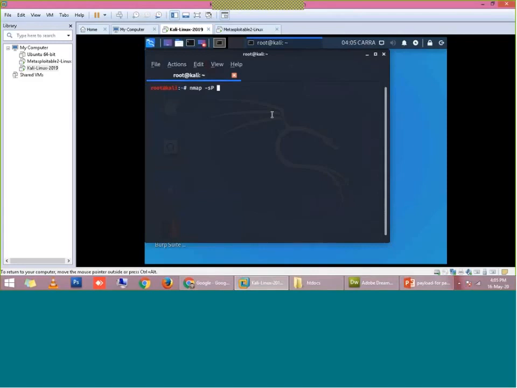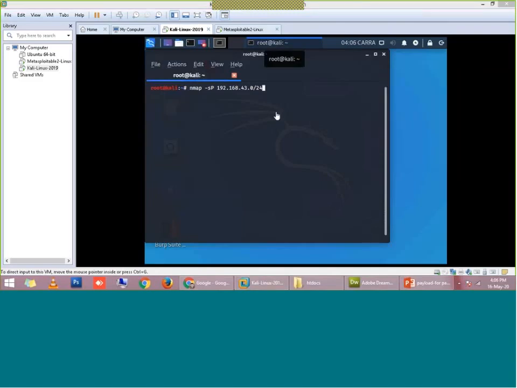So I will write here 192.168.43. This is the address of my network, right? The IP address of my attacker machine is 192.168.43.7. So I can easily know the address of my network, right? So I will write here the network address, that is the complete subnet, and /24. /24 means I am going to make this command work for all the systems which are available on this network, including the gateway, right?